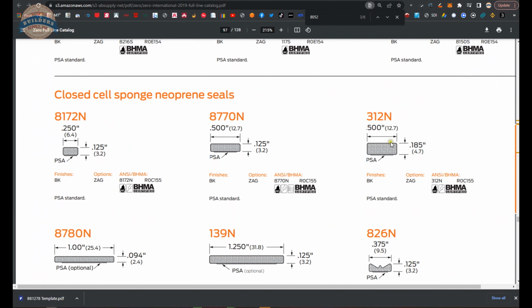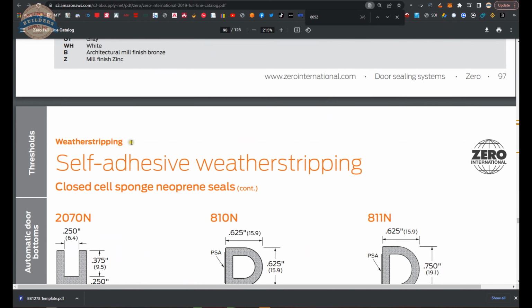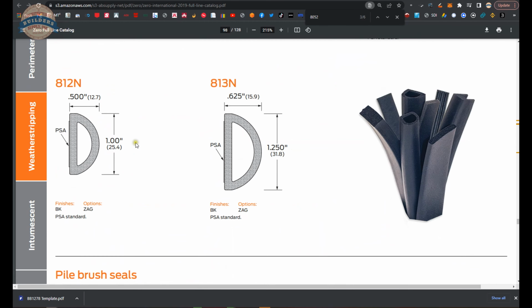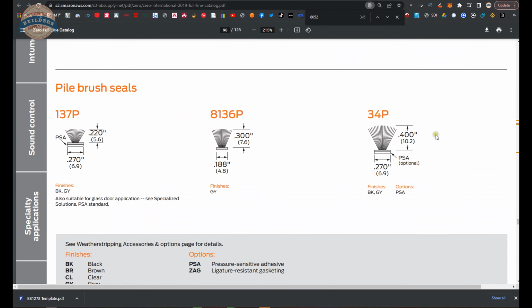You could also get into some neoprene, which is going to be less cellulose, so it's not going to compress nearly as much. It would certainly be more durable, that's for sure. Different sizes, as you can see here, available in this type of material. So you might want to consider that. You could also do this pile, but that's